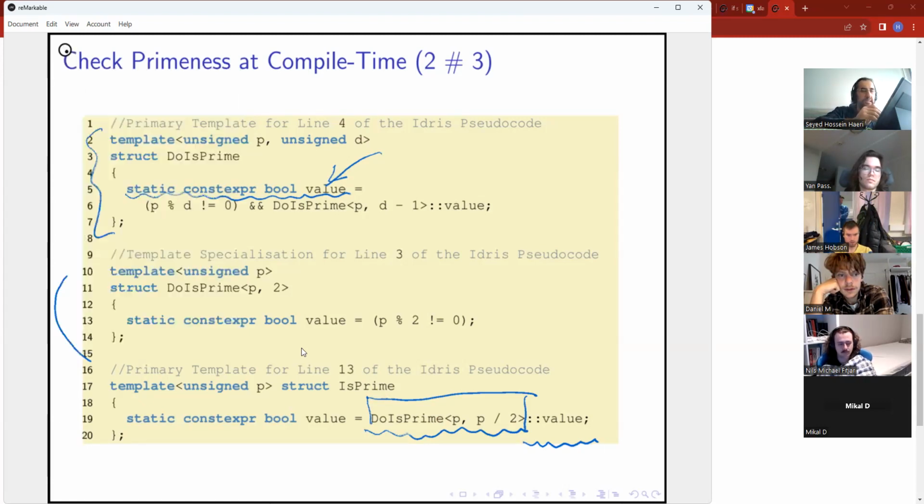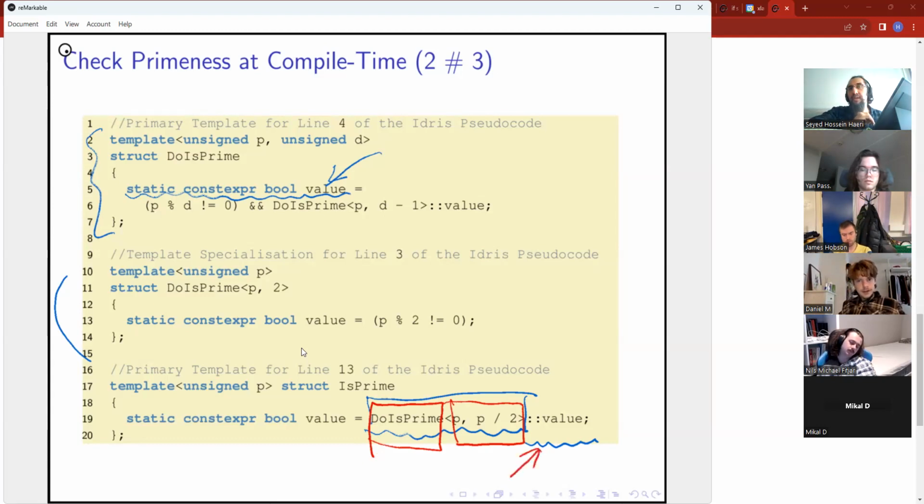It only says, I want to perform a call to this metafunction with these arguments. But the call is not performed until we look up the value data member. That's the kind of laziness that I was alluding to.